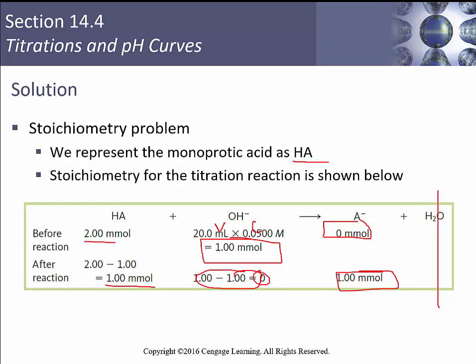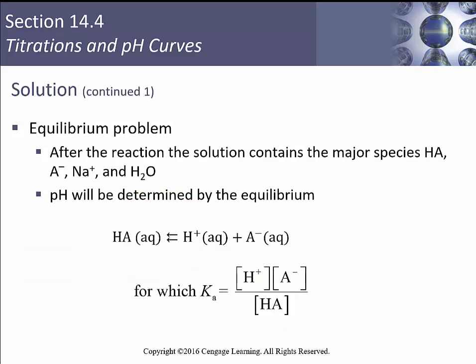So looking at this, I've got equal amounts of HA and A minus. Right? This to me says if I've got both of them, I could do an ice table, I could do common ion effect, or I could do Henderson-Hasselbalch. And not only could I do Henderson-Hasselbalch because these guys are equal to each other, we're at our special place. So after the reaction, the solution contains just HA, A minus, sodium, and water, our pH is going to be determined by